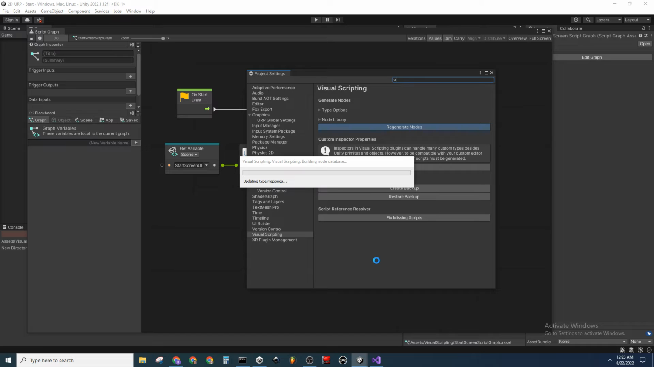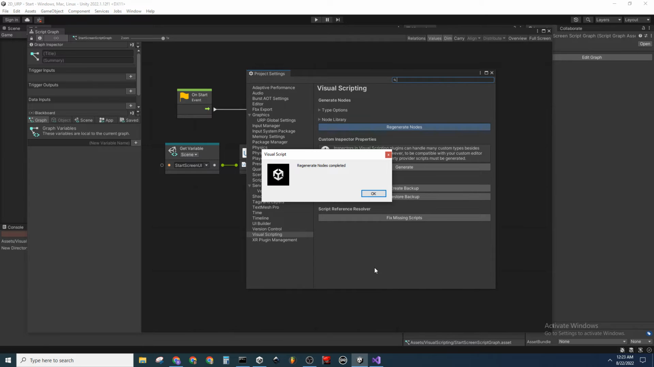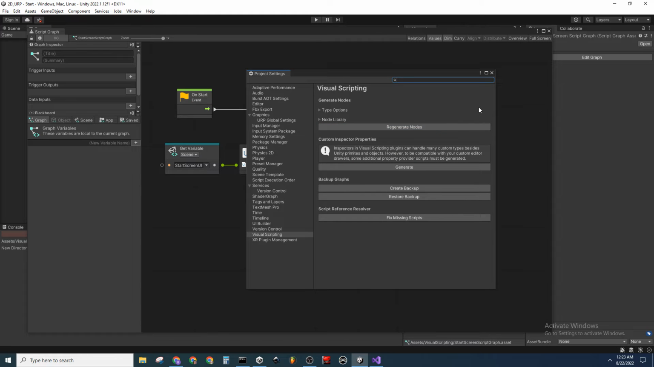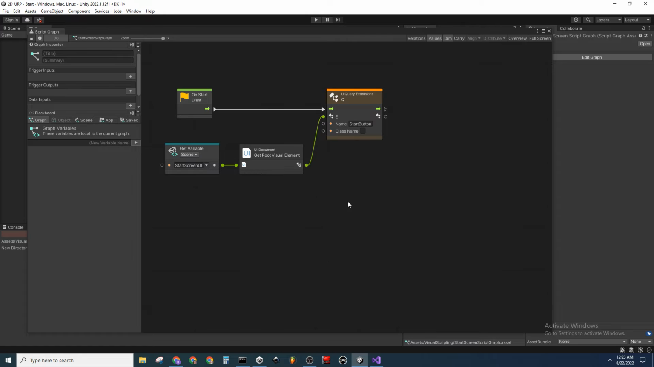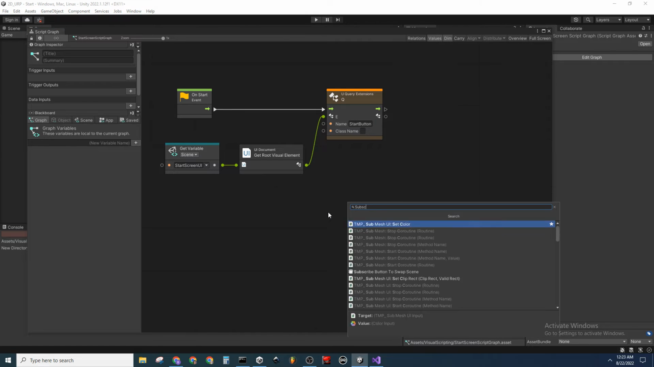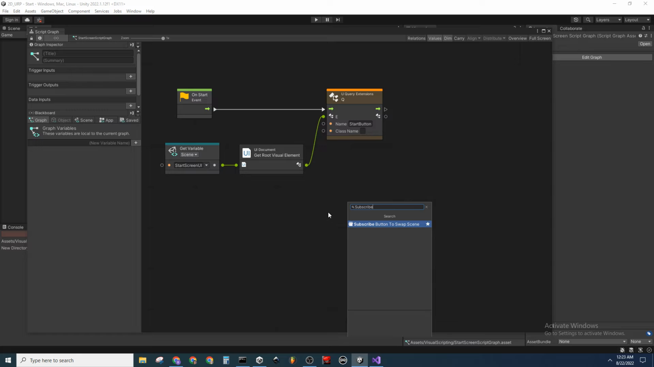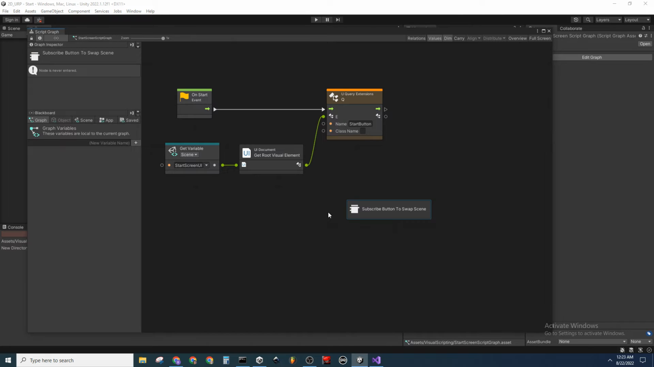We have to give this a second to recompile. And it does wind up taking a while, which is kind of disappointing because it makes refactoring kind of strange, and it makes adding new behaviors to the script graph take a second. Like, I added a couple lines of code for a new node, and that took 20 seconds. However, not to complain too much, now that that's completed, let's give it a shot. I come in here and say subscribe, and there's our new node, subscribe button to swap scene. I'll pick this node,